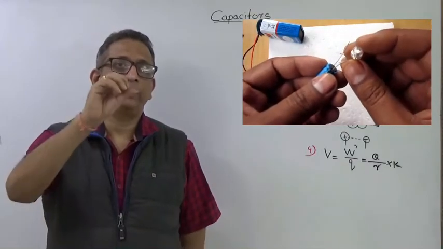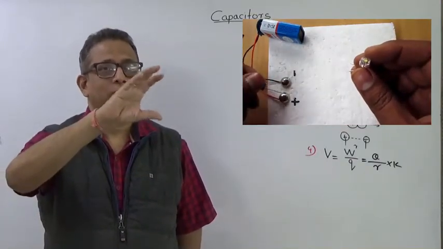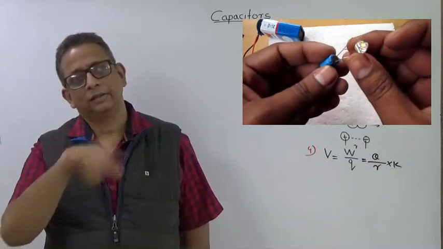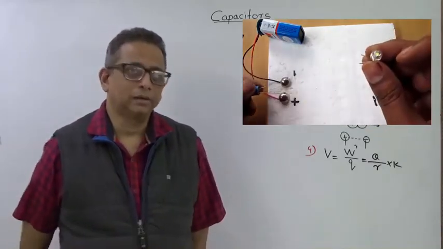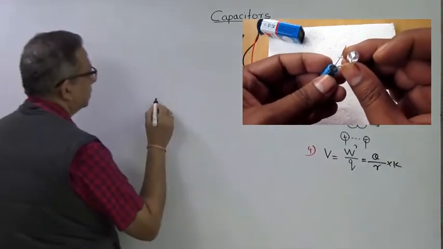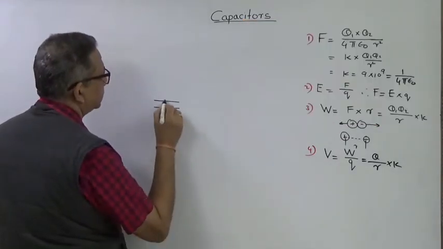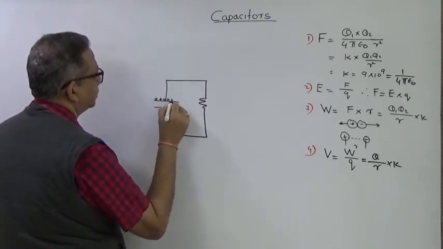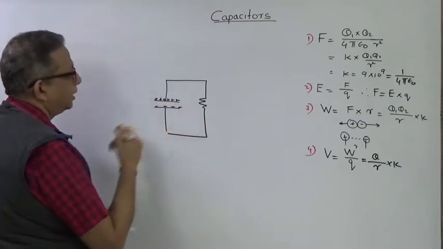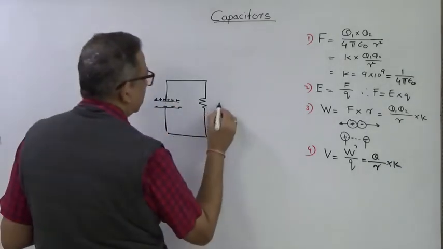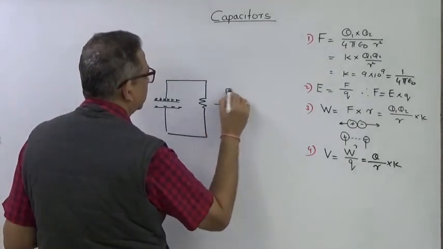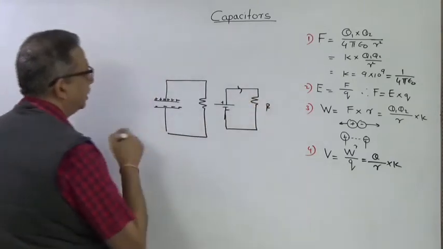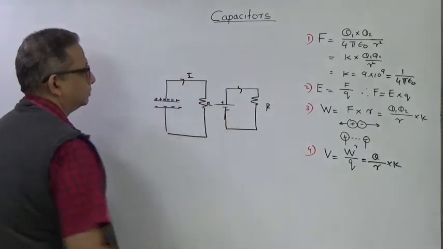A capacitor will also behave like a cell, so that it has some electrons separated inside that particular element called a capacitor, and when you connect it to a circuit, there will be a flow of current. Just try to see this: we have a parallel plate capacitor, and we connect a resistor. If this plate of the capacitor is positively charged and this is negatively charged, it is something similar to a cell. In a cell, we show this as positive and this as negative, and when a resistor R is connected to this, there is a flow of current. In this way also there will be a flow of current through R, right?